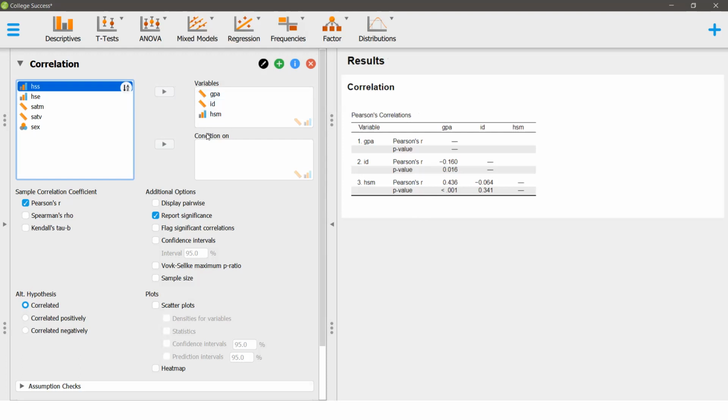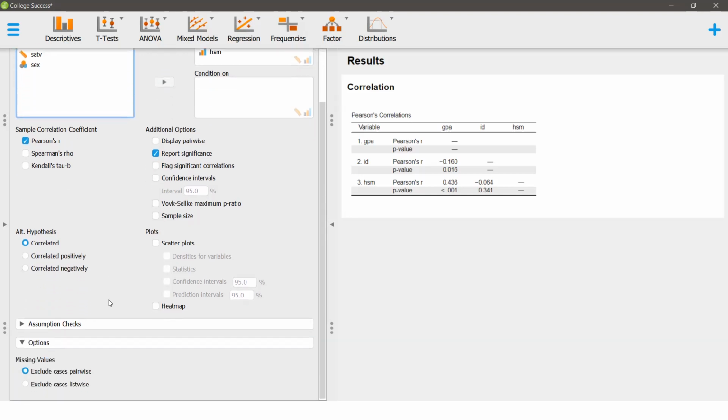As I put over here all the variables for which I want to check the relationship, a table or a matrix has been generated in my results window, and there is Pearson correlation. By default it takes Pearson into account, and alternative hypothesis. The correlation theory is also like we can match it with the null hypothesis or alternative hypothesis.